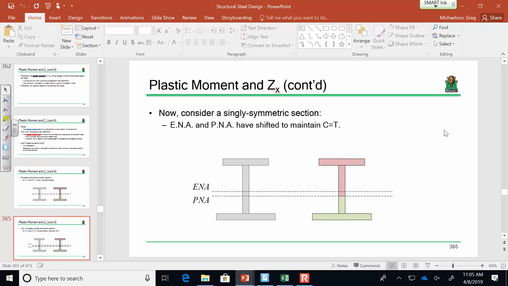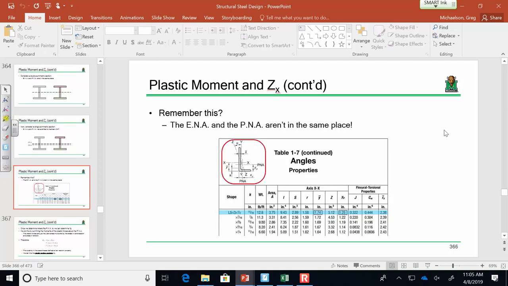But when they're not symmetric, if you have a flange up top that's bigger than the one down below, that location changes. And I'm going to show you that in an example today. Now,